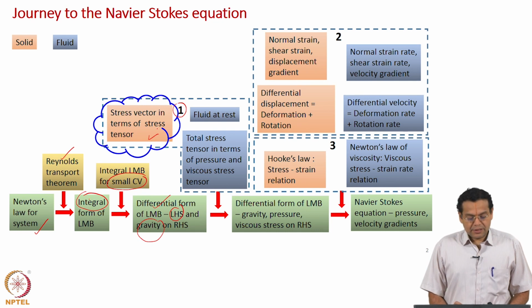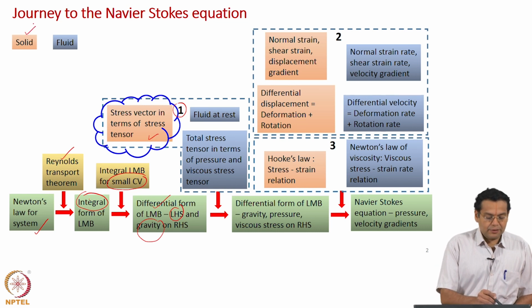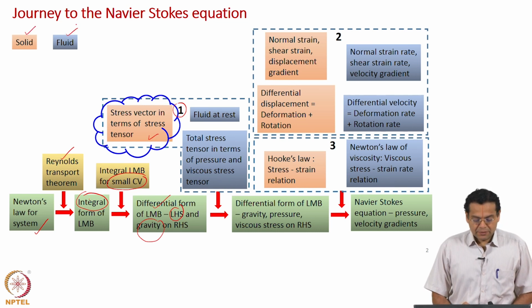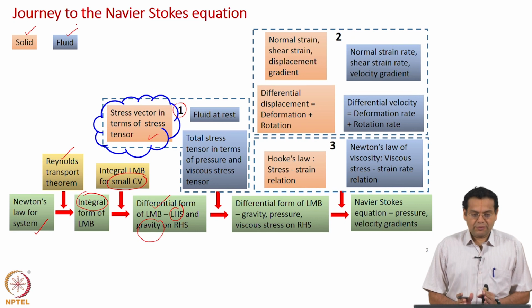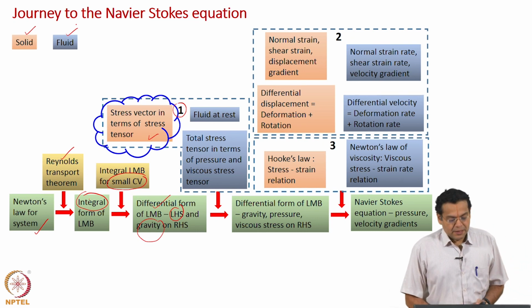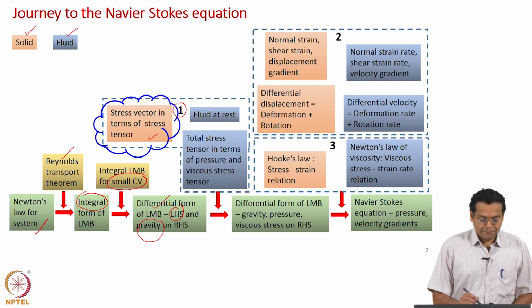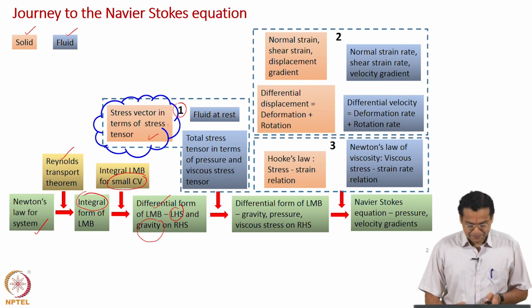Just want to tell you that orange represents solid, that is the legend used here, and blue represents fluid. If you look at each section here, 1, 2 and 3, each has both solid and fluids, which is why we say we are going to study both in parallel. Now we are going to look at this orange color box, which tells about the stress vector and the stress tensor. What is that, you will understand as we go along.